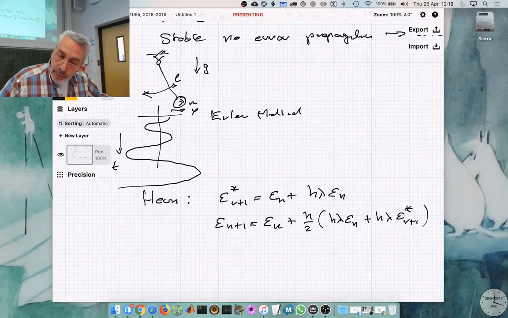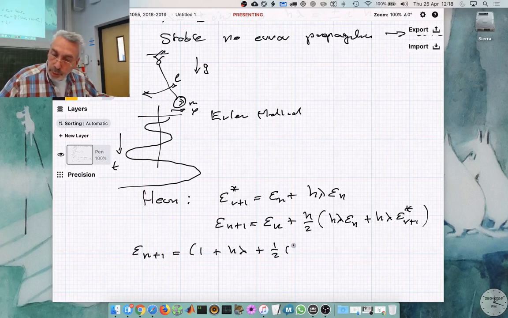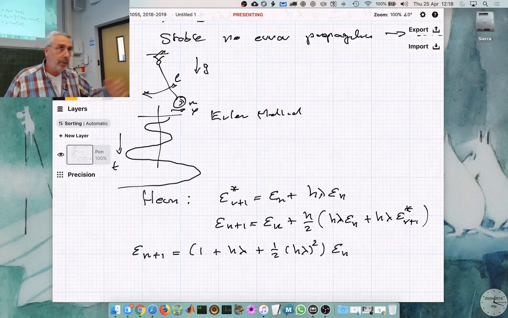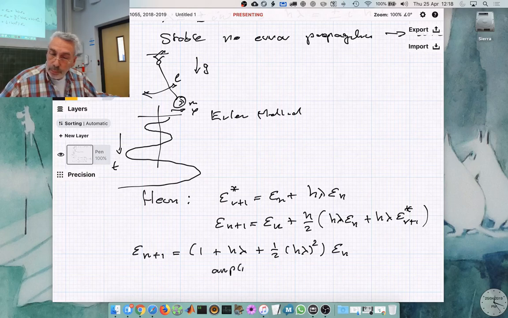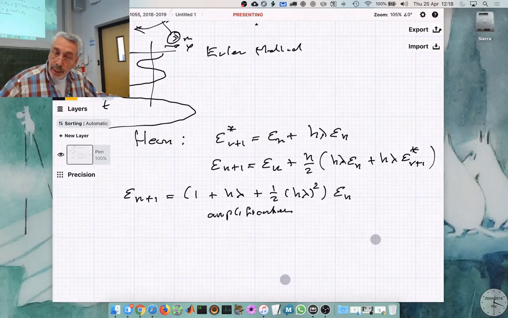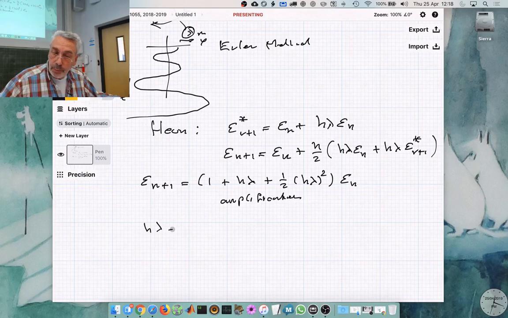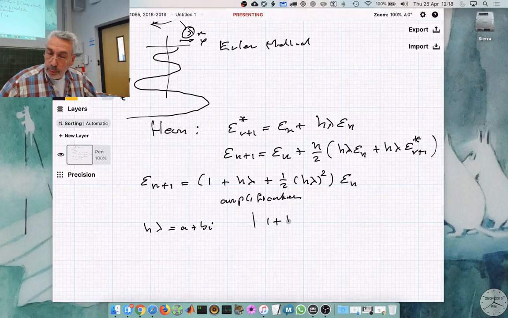Of course, then I can substitute that in this equation. And then when I expand that, I get epsilon n plus 1 equals, and then I get 1 plus h lambda plus 1/2 h lambda squared times epsilon n. It's just math, just put one in the other and do the calculus. And then you see, so this is now my amplification factor. So in other words, I have to assume this h lambda is a plus bi, and I want to draw this in my complex plane. That this amplification factor